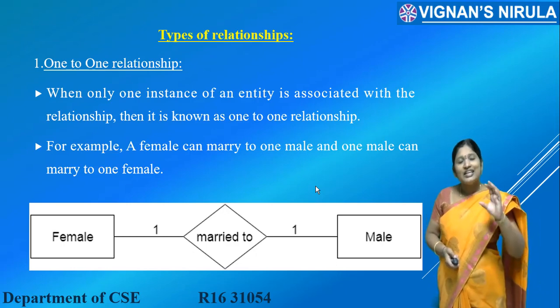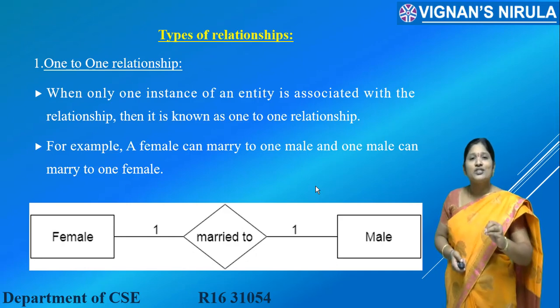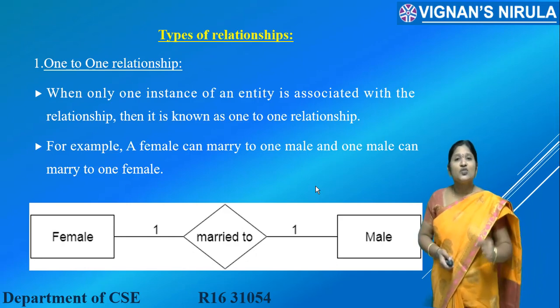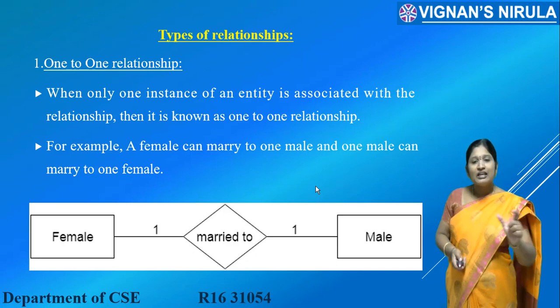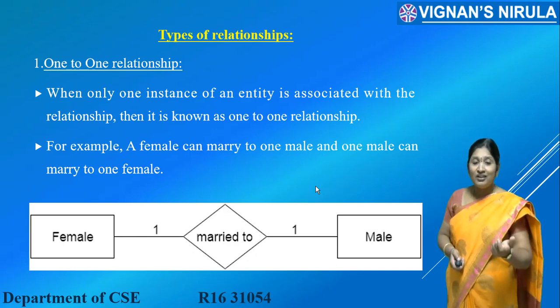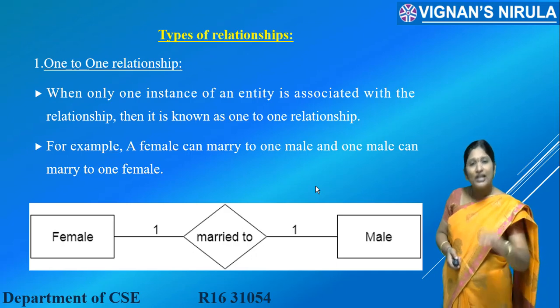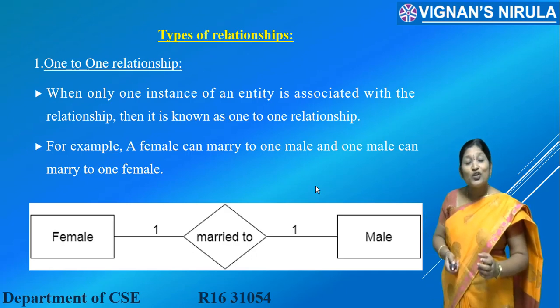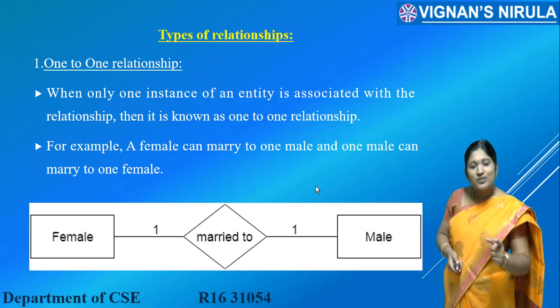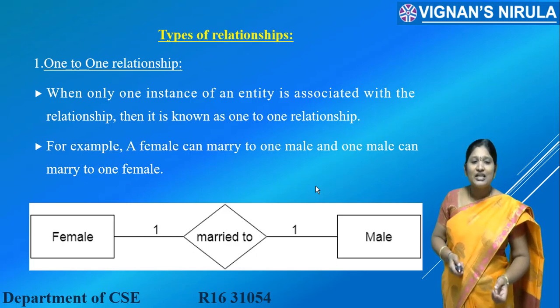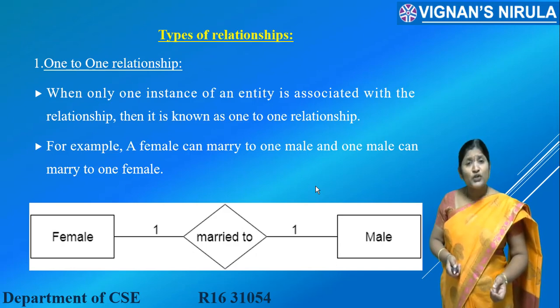For example, the database designers or the customers have instructed you in such a way that one female can marry only one male and one male can marry one female. So one female can marry how many males? One. So the participation of the female is one, which is represented on the opposite side. The male can marry how many females? One. So the male participation is represented in the opposite entity set. Female has one participation as well as the male is also having one participation. So this type of relationship is called a one-to-one relationship.